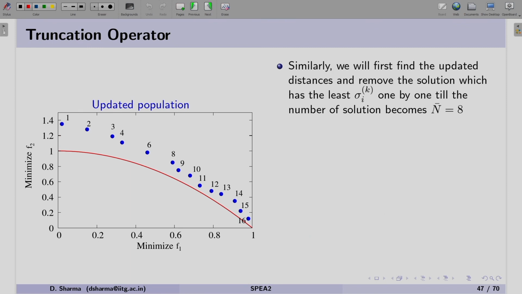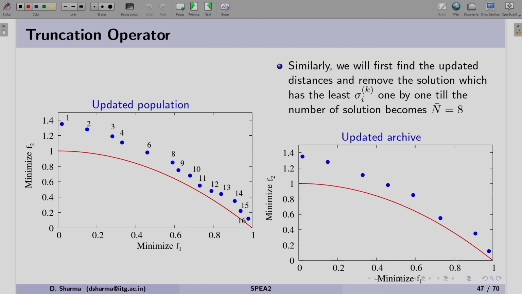What we can expect at the end, when we remove these solutions one by one, is that we are going to get a diverse set of solutions that will update our archive. Here these are the diverse solutions which we can see after removing the solutions one by one using the sigma i k value. Now, we will be looking at the simulations of SPEA2.